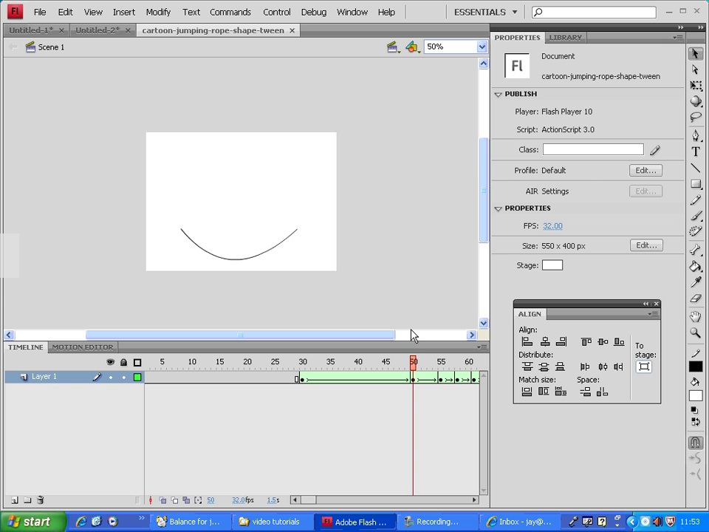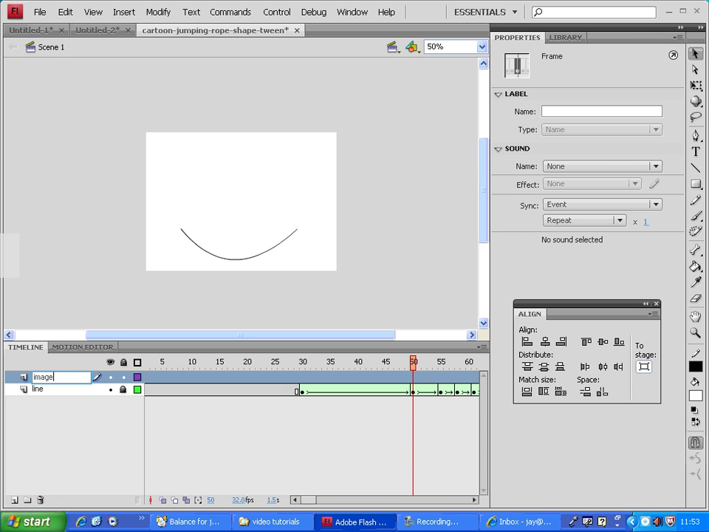Now to complement this effect, we can show the text jumping from this rope, or an image jumping from the rope. It doesn't matter, because that is just going to be a simple motion tween effect. To do that, I will just save this line as a layer. Let's create a new layer. This layer will be for an image,